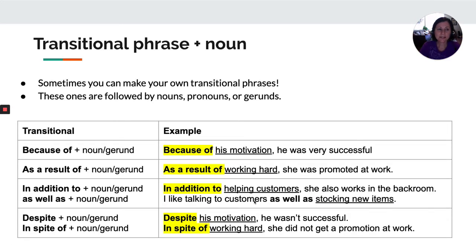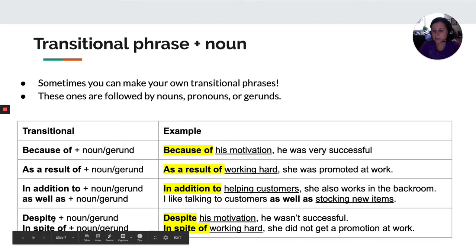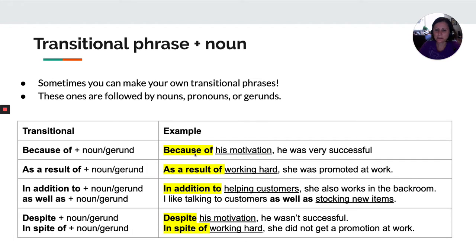We also have transitional phrases. So this has a transition and also a noun or a gerund after it. And you can make them specific to your topic. These ones are followed by nouns, pronouns, or gerunds. These are some common ones: because of, as a result of, in addition to, as well as, despite, in spite of. And they're all followed by nouns, gerunds, or pronouns. Because of his motivation, he was successful. Or you could say he was successful because of his motivation. So, because of